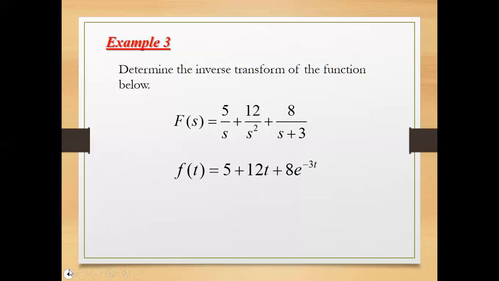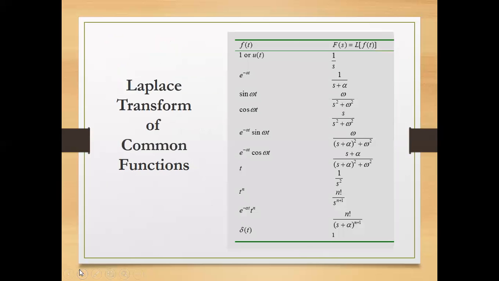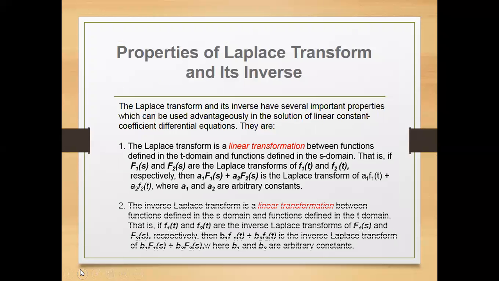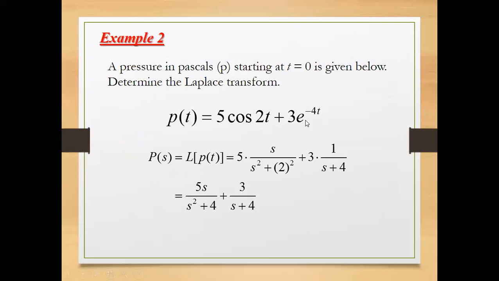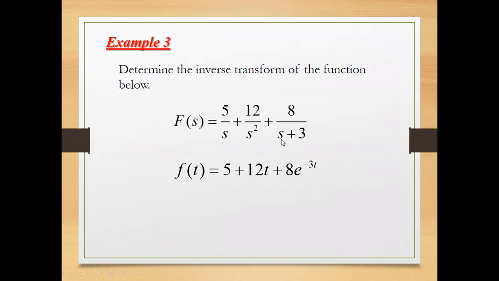The function that yields an s plus 3 or an s minus 3 or an s plus alpha or an s minus alpha is an exponential function, as you can see here. So meaning, the function that you were asked to invert on the third term of the example came from an exponential expression. I'm referring to this. So automatically, the 3 that you see here is the alpha, which is e raised to minus alpha t. And this 8 is the constant that was multiplied to it.